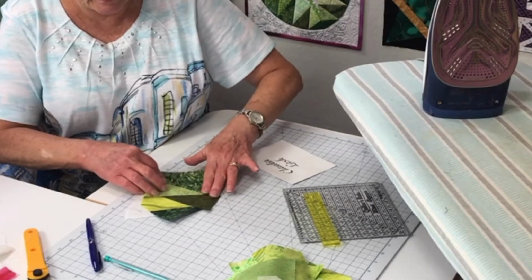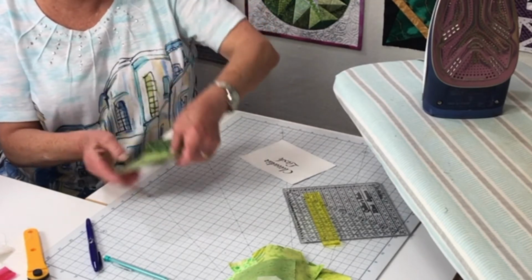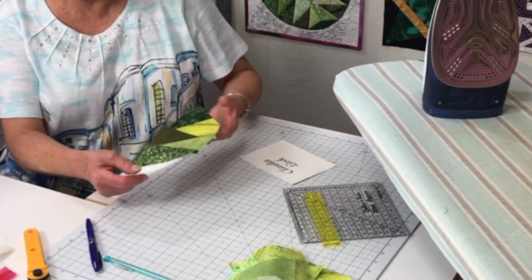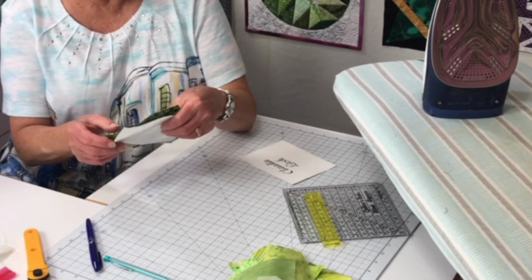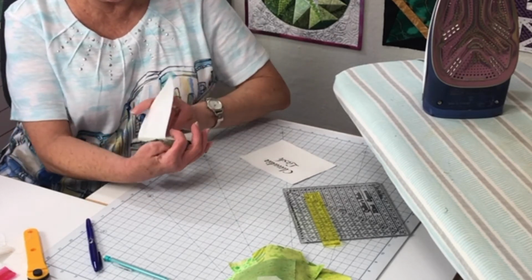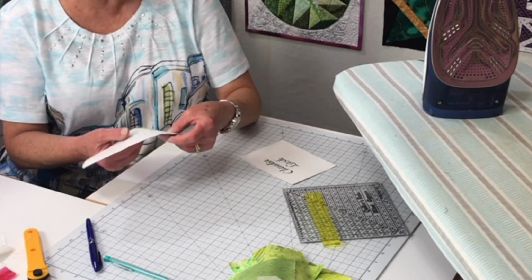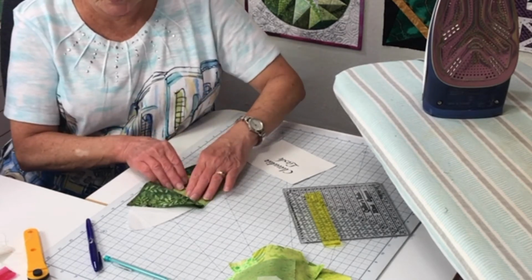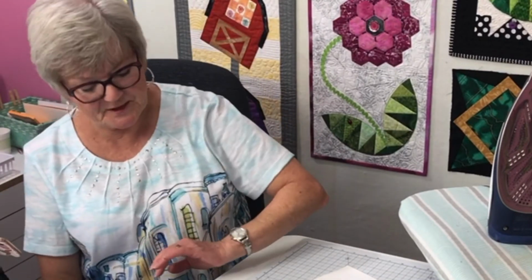Okay, fold the paper back, and we're going to press. Each time you do the same thing: the first thing you do is you fold the paper back, you trim, you add your new piece on, and then you stitch. Then you just go back, press, and you fold the paper back, over and over and over until you get